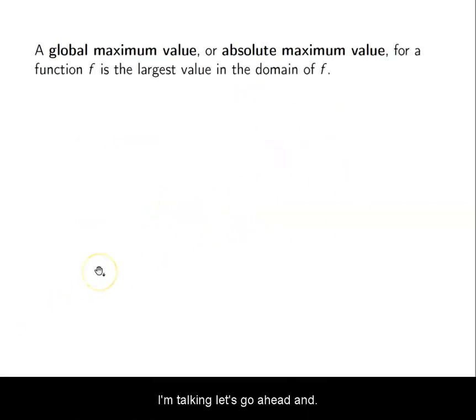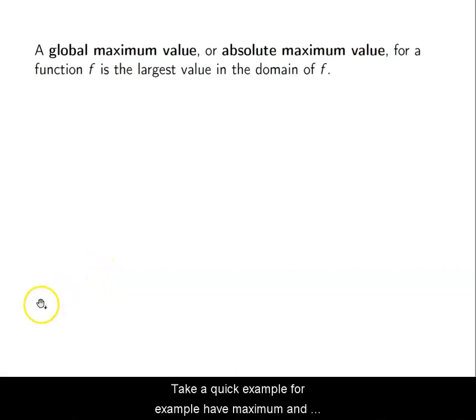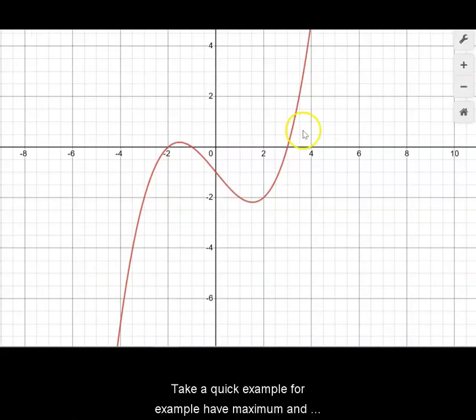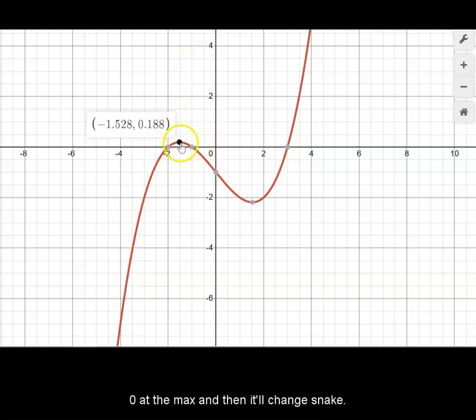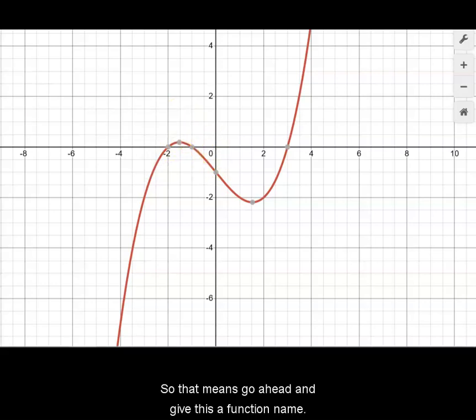Let's go ahead and just real quick take a look at this on Desmos. Let's take a quick example with this function. For example, I have maximum and minimum values here. If we look at what the derivative is doing for a maximum value, my rate of change is positive, so my derivative will have a positive value and then 0 at the max, and then it'll change to negative. So let me go ahead and give this a function name,